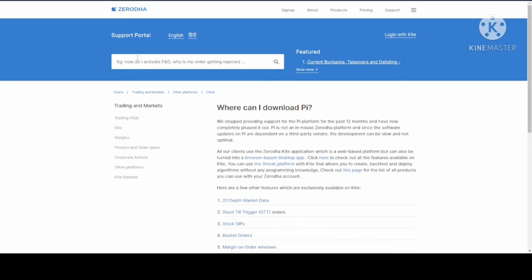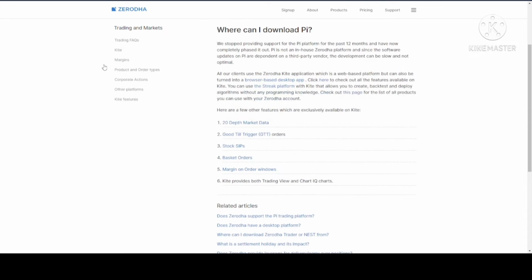We stopped providing support for the PI platform for the past 12 months and have now completed phasing it out. PI is not an in-house Zerodha platform, and since the software updates on PI are dependent on third-party vendors, the development can be slow. अच्छा सारा बंद कर दिया तुम लोगों ने यार।